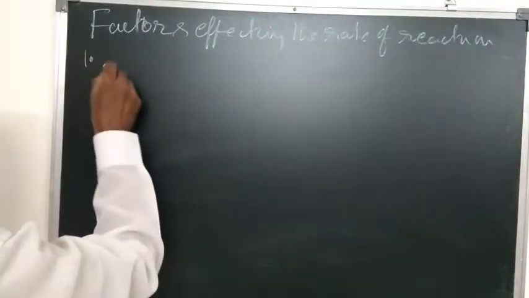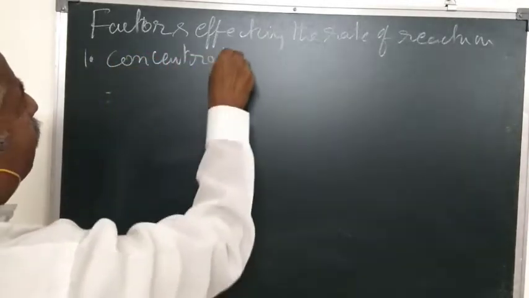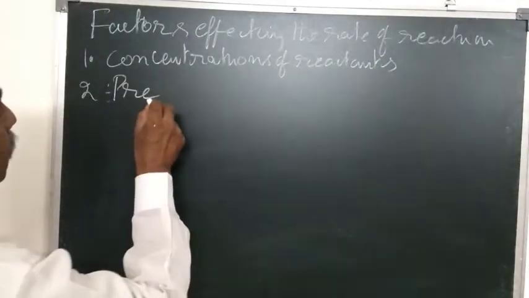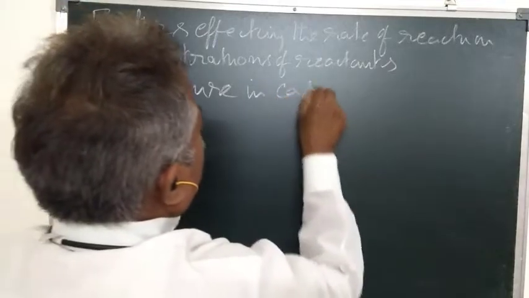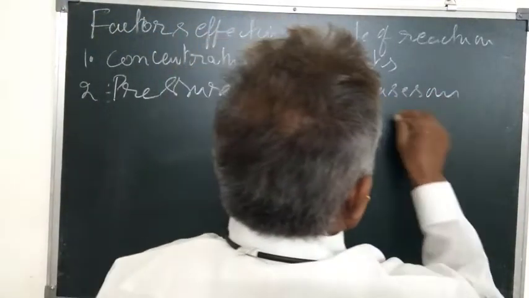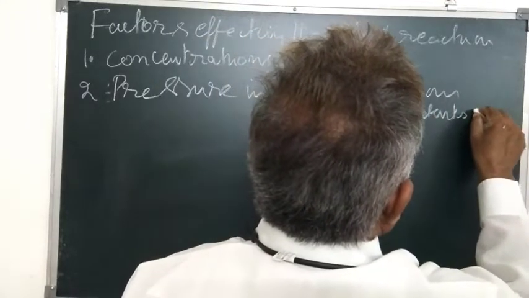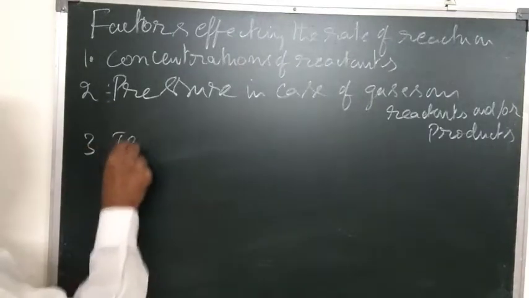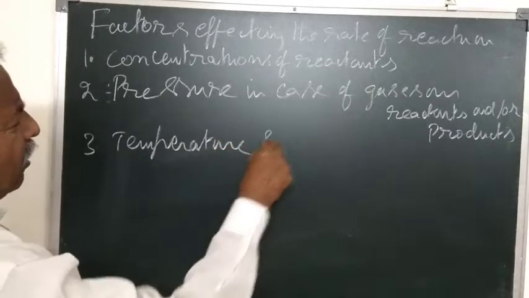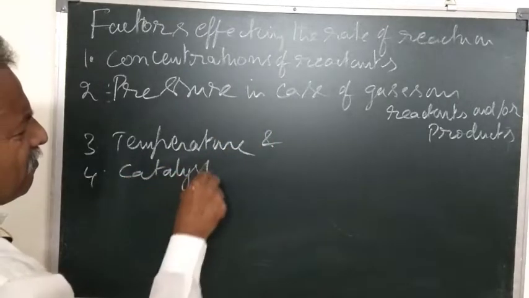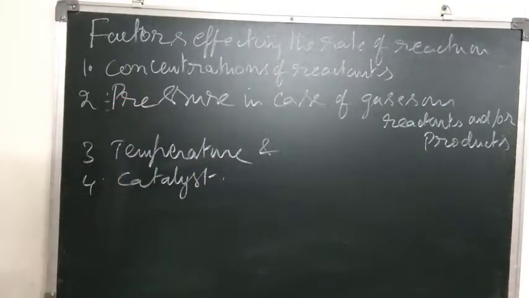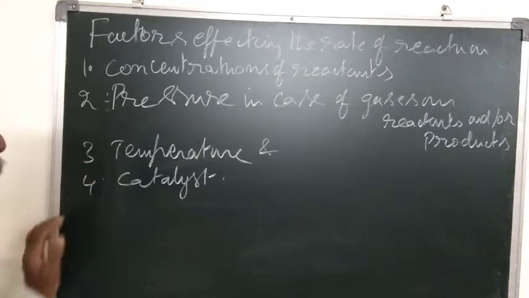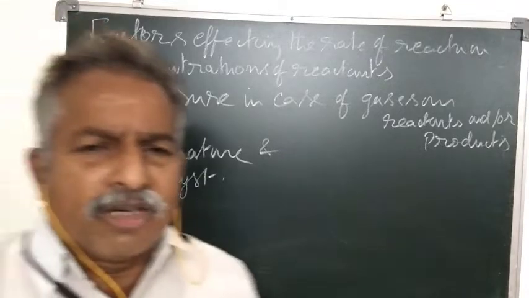Factors affecting the rate of the reaction. Number one, concentration of reactants. Pressure in case of gaseous reactants and/or products. Then temperature and catalyst. Now let us discuss the factors affecting the rate of the reaction: concentration of the reactants, pressure in case of gaseous reactants and or products. The third one is temperature and the fourth one is catalyst. Now let us discuss each of these